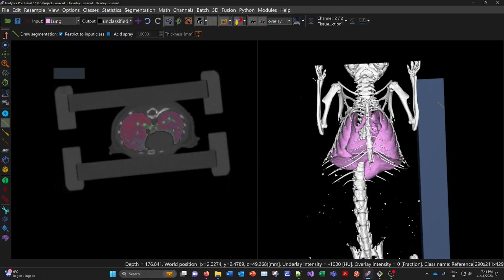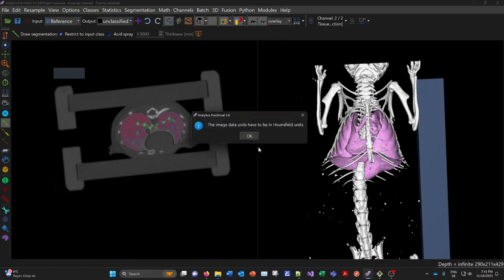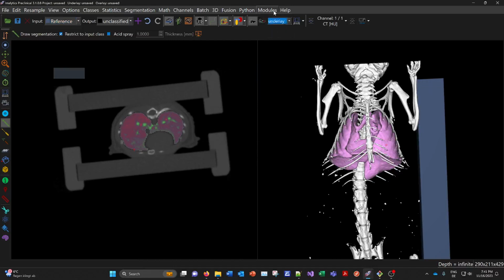And here this is the reference region. If you select that as input class by right-clicking at it, for example, you can perform the quantification on that region. Here, let's have a look. Oh, we have to do it on the underlay